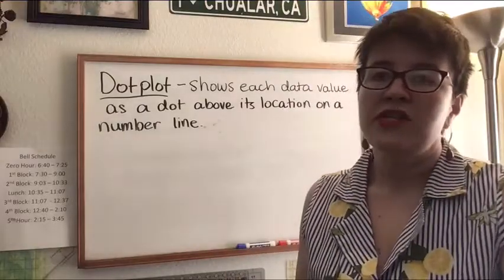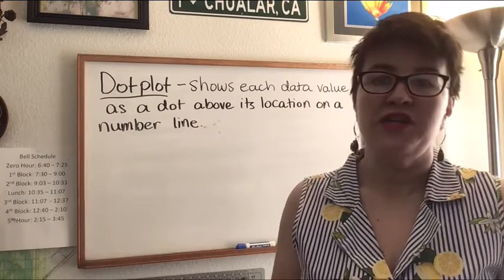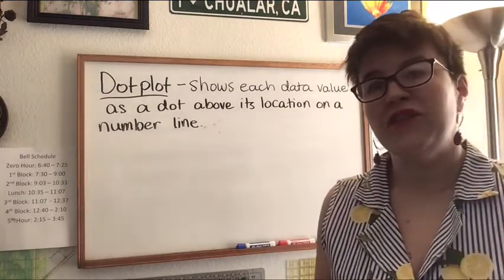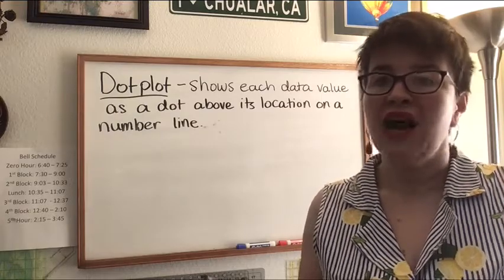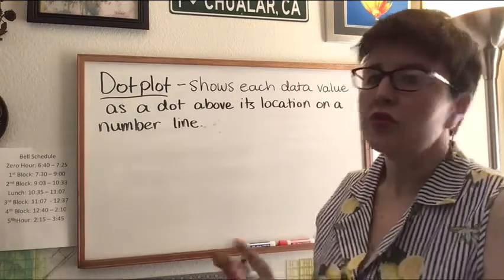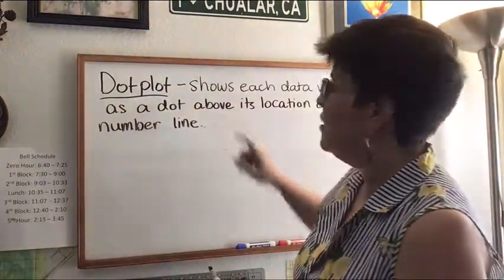Right, so this video is going to be about 1.3, which is graphing things using dot plot. It's graphing our data. So you'll notice I already have the definition written on the board. Dot plot is exactly what it sounds like. You're going to use dots to represent data. So what you do is it's going to show each of your data values as a dot above its location